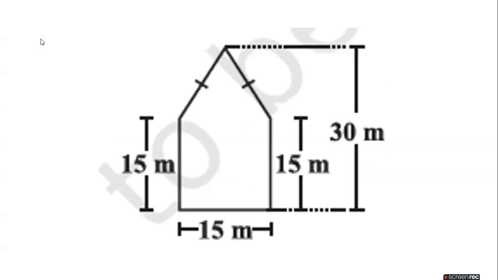Okay, now see here. A huge figure I have shown to you. We can divide this first of all. A triangle, but this triangle we can divide into two right angle triangles. So first we will find the area of the first triangle, then the area of the second triangle, and this square we can divide into two rectangles.